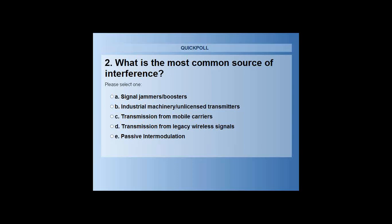If you want to leave your screen up, we got about 50% of the attendees voting. I'll leave it up for 5 more seconds. And right now the most common is signal jammers and boosters, which is number 1, followed closely by industrial machinery and unlicensed spectrum. So, okay, last chance, everybody. If you have a common source of interference, please cast your vote. I'm going to close the poll